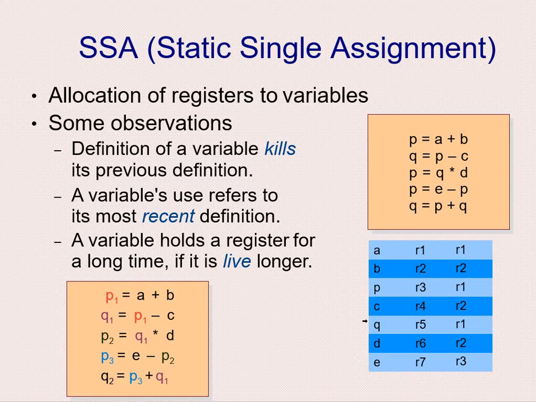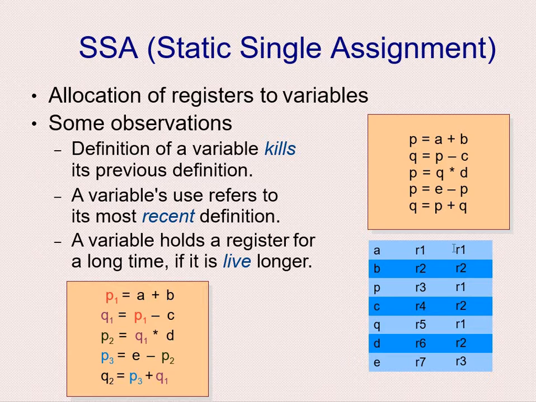Okay, this one we can represent with the help of registers also. Suppose here a, b, c, d, e, p, q are the variables. So if we are allocating registers to these variables, suppose initially we have taken r1 for a1, r2 for b, r3 for p, r4 for c, r5 for q, r6 for d, r7 for e. So now, if we are checking how many minimum registers are required, at a time we can see that if we take only 3 registers, then also we can calculate the values.